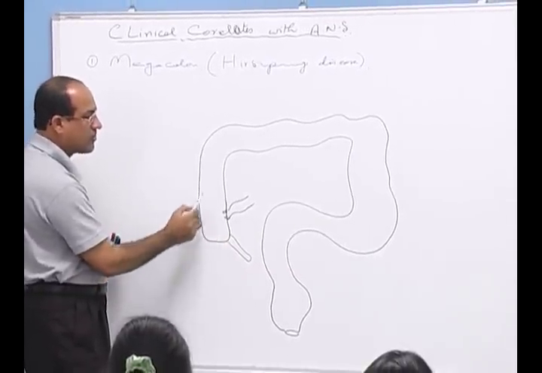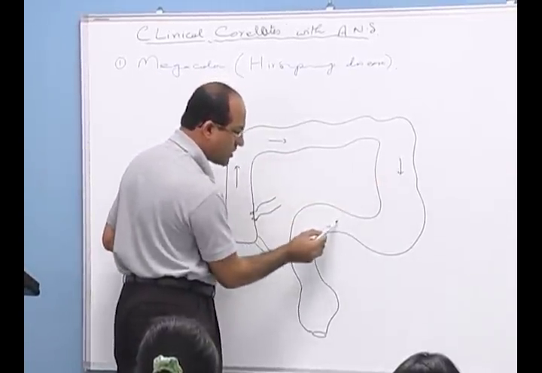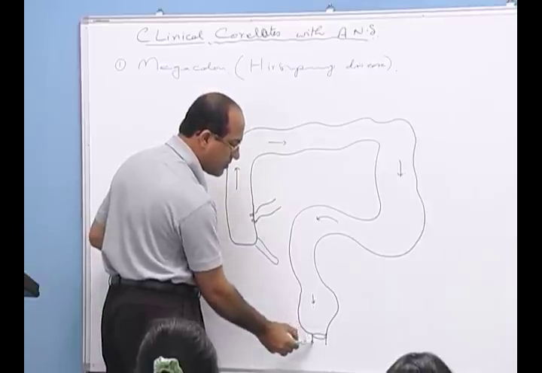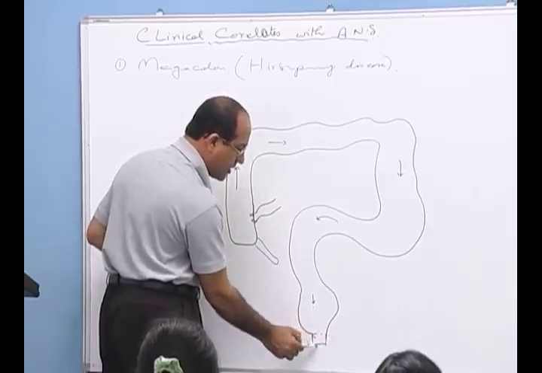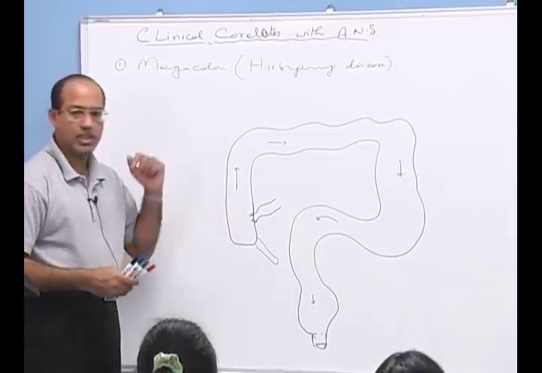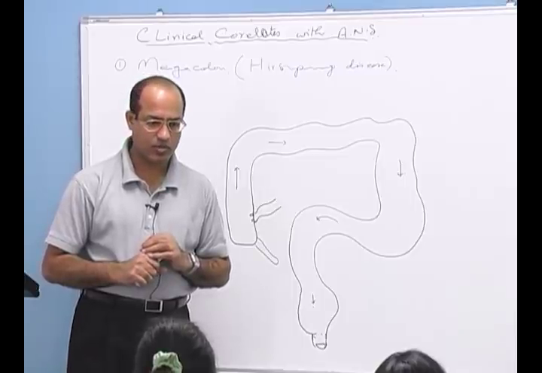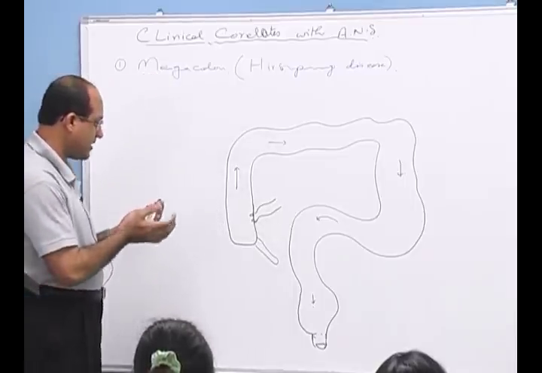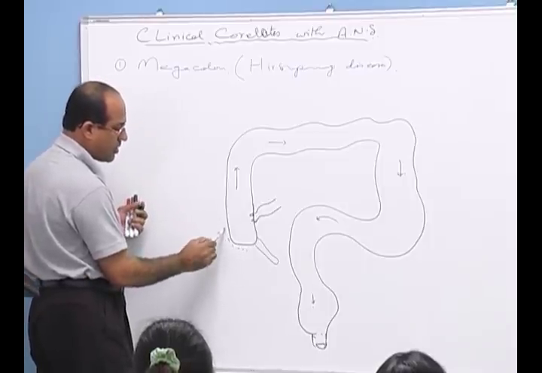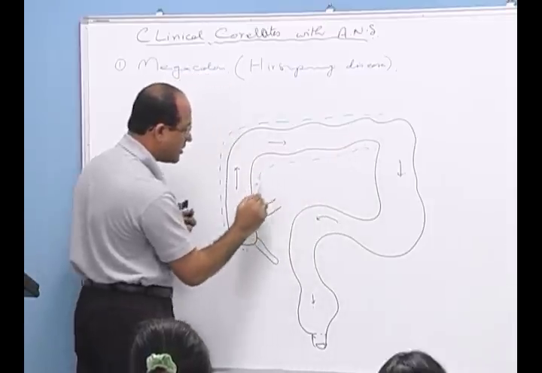Here is the cecum, ascending colon, transverse colon, descending colon, sigmoid, rectum, and then the last part, the anal canal. Within the wall of the GIT there are autonomic ganglia, the enteric nervous system, and the supply of autonomic neurons up to this part is mainly due to